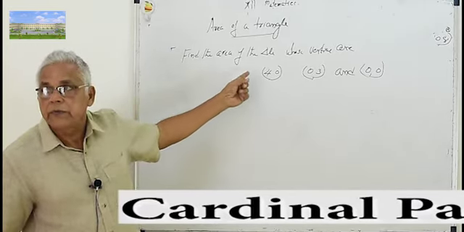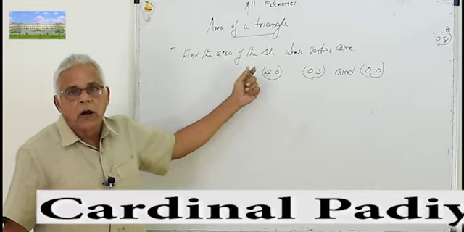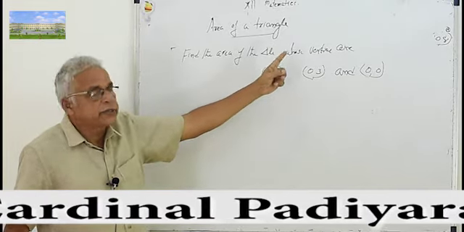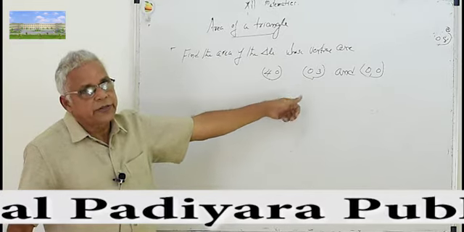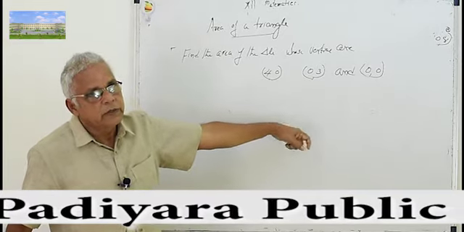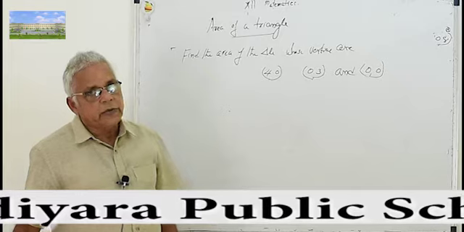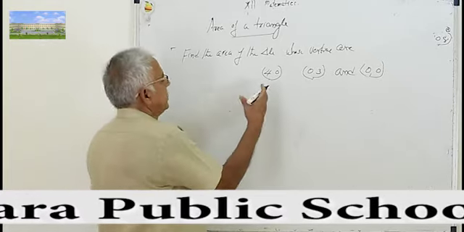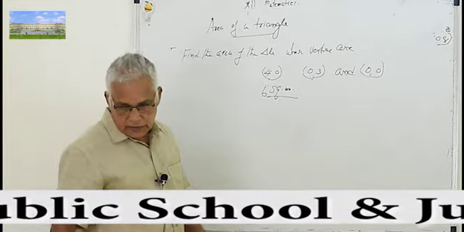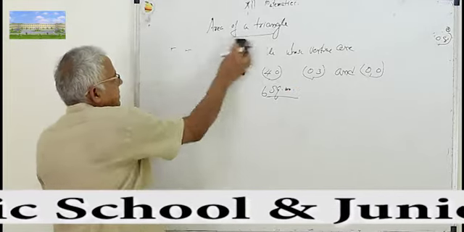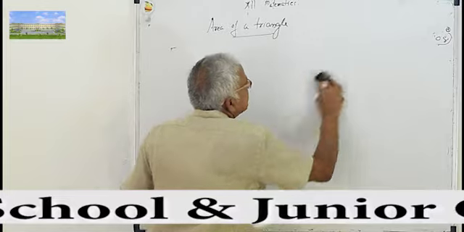Area of a triangle. Find the area of the triangle whose vertices are (4, 0), (0, 3) and (0, 0). Is the answer, whether you get the answer? Your answer is 6 square units. So, in this case,